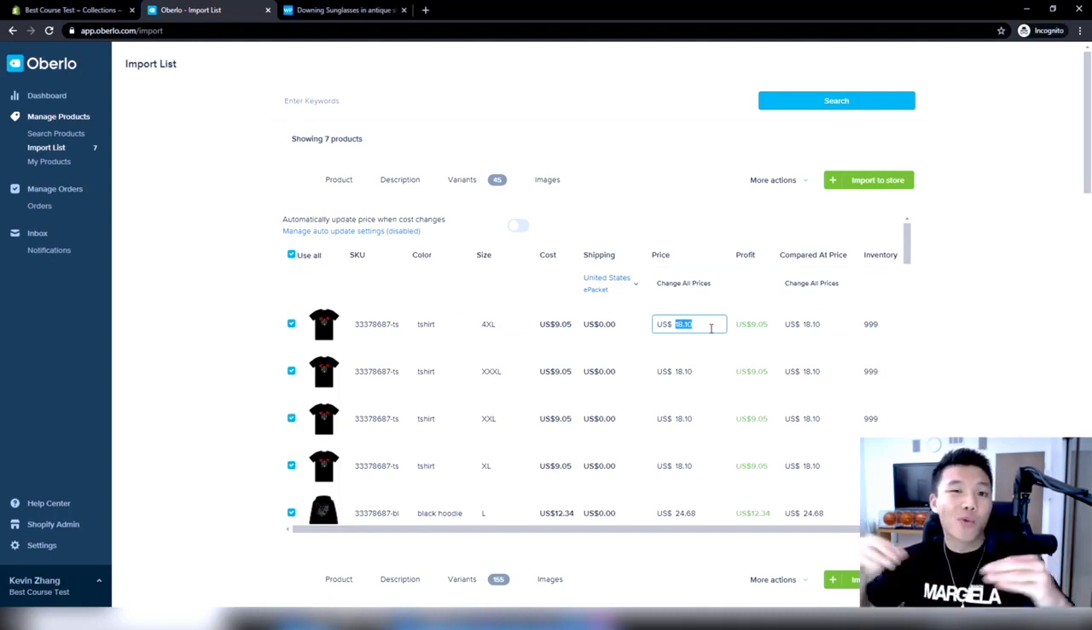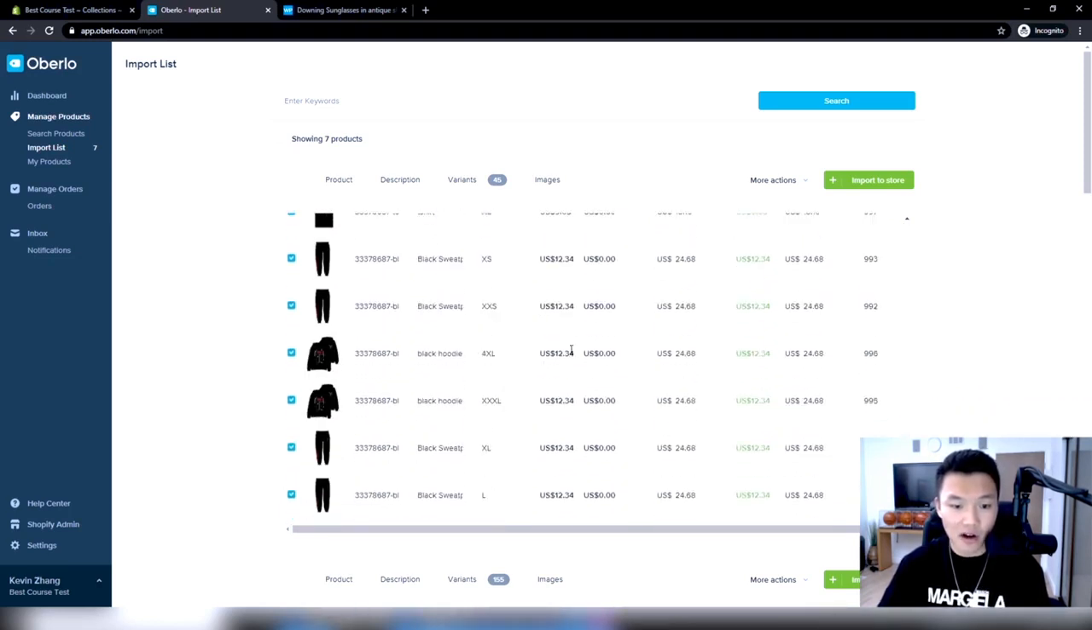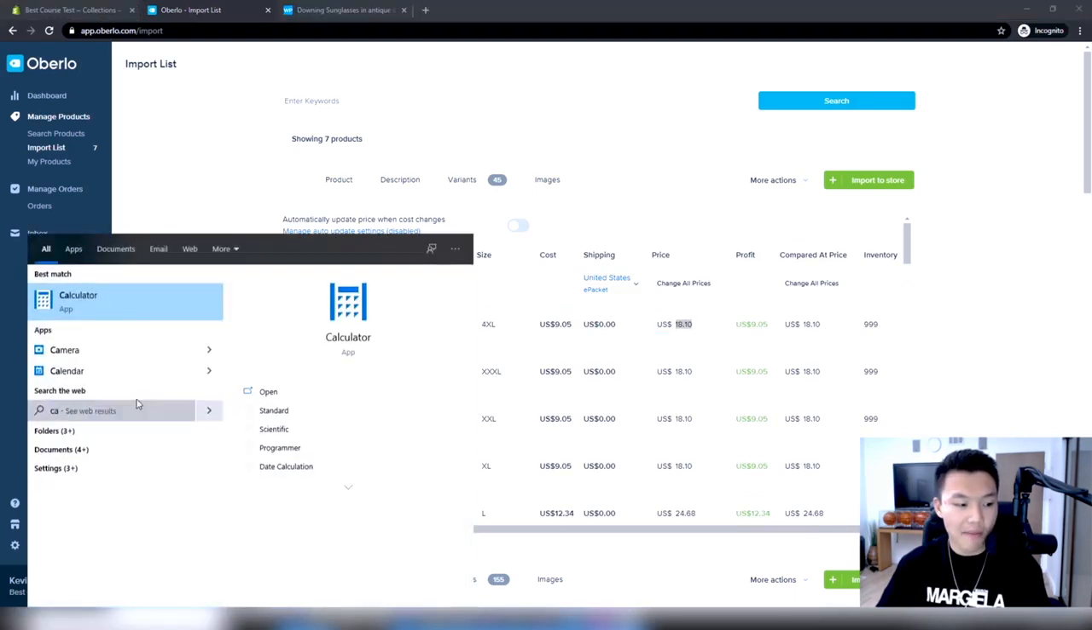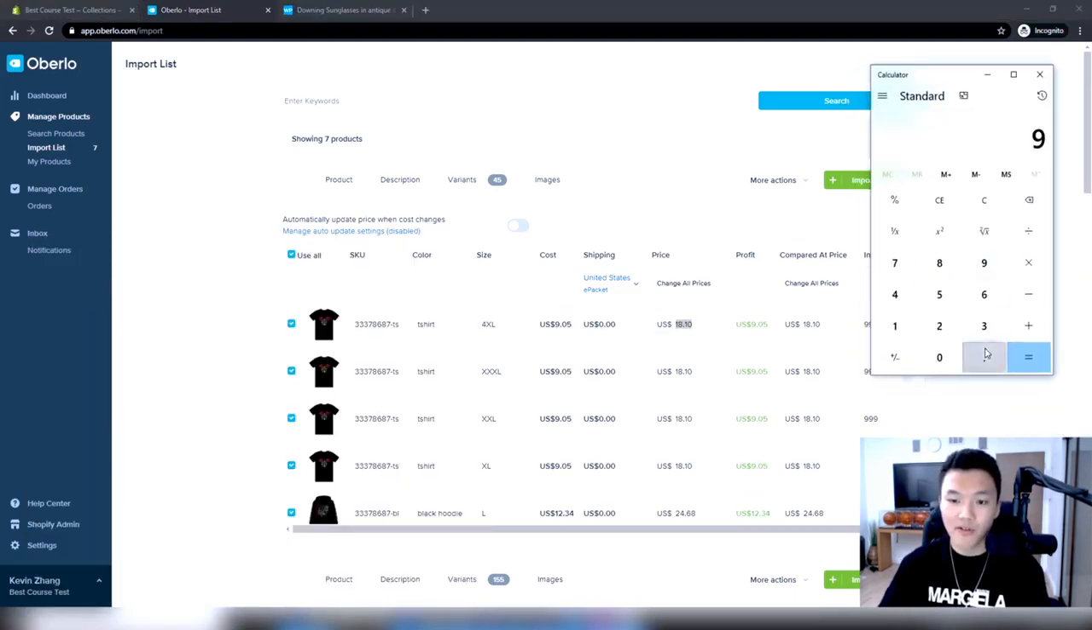It's just good to get it out of the way here because it saves you a lot of time. And remember, the golden ratio for pricing that I recommended is to take the cost plus the shipping cost multiplied by 2.5, right? And we can see that these are all different costs. What I'm going to do here is take out my calculator, okay? And I'm going to go to 9.05 multiplied by 2.5, right? And that's going to be the price,